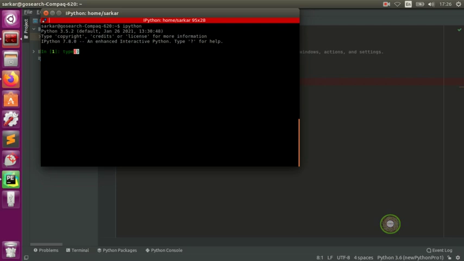So there is the function type. What is this type? Type tells you that this is the object or class of any value. So if you put the type of, say, A, you see that the type of A is string straight away, because Python knows that this is a string. And if you put the type of, say, 1000,